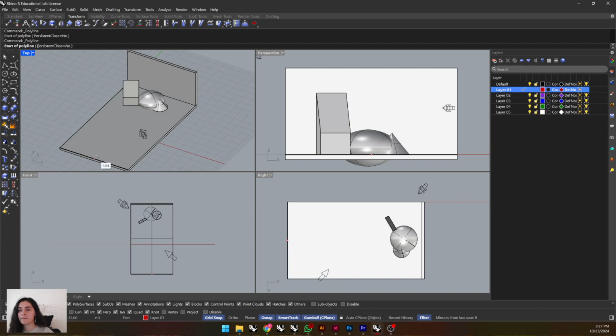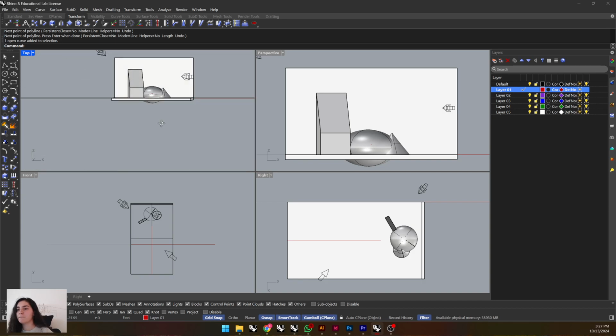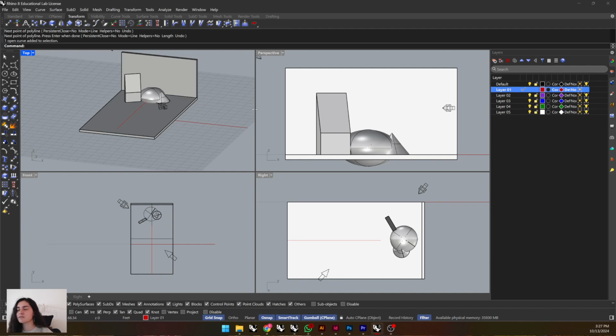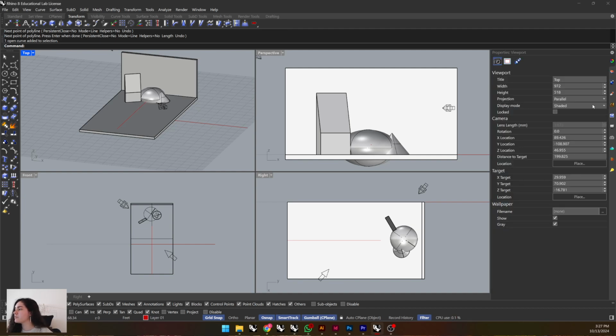So looking right in the middle of this plane, I'm drawing a straight line down the center. I'm going to raise that up 6 feet to be about the height of a person. Do 5.5 feet. Nice. And now if I go over to the properties panel and I haven't selected anything,